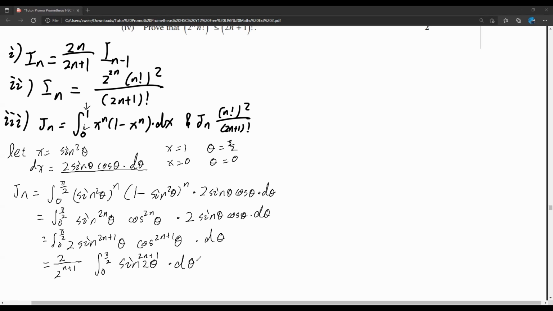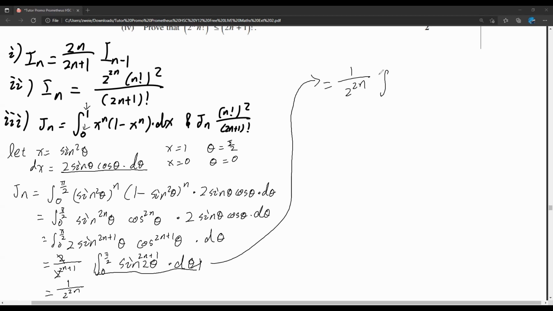And you can see at this point, this is just my In, okay? And on the front, this is 2^n plus 1, okay? So on the front, I have my 2, and I'm going to cancel out the top and bottom. So what we'll get is 1 over 2 to the power of 2n. And we already proved what my In is equal to, okay? Maybe I'll write this, I'll continue this on the right. So what I get is equal to 1 on 2 to the power of 2n,